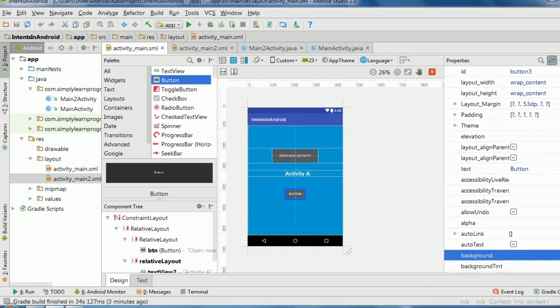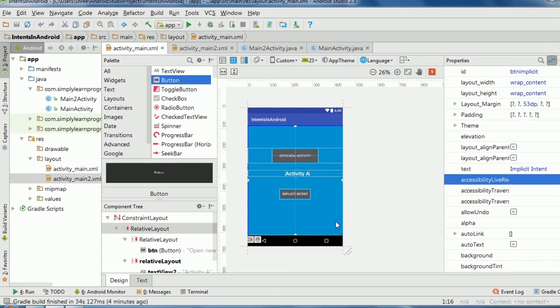Then we will change its ID, that is btn implicit, and we set the text implicit intent, and change its text size.